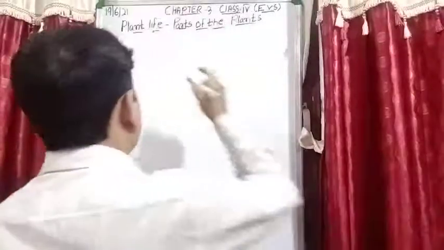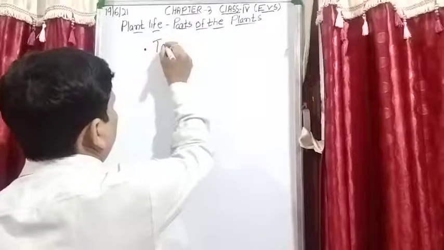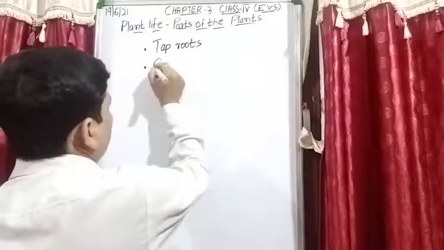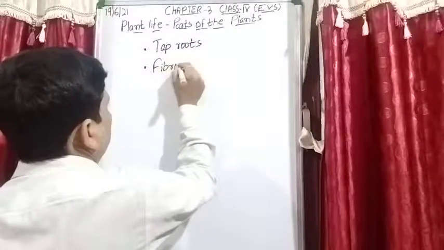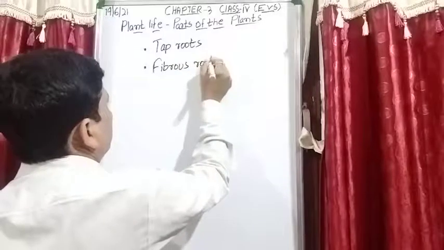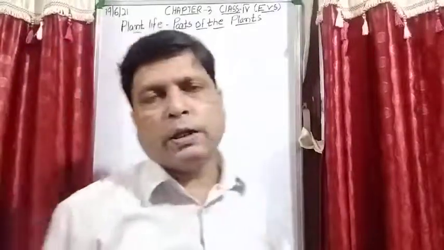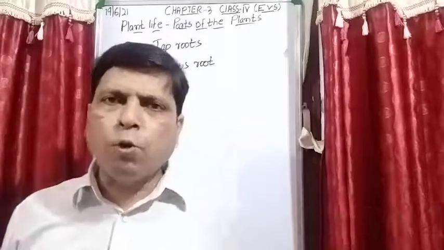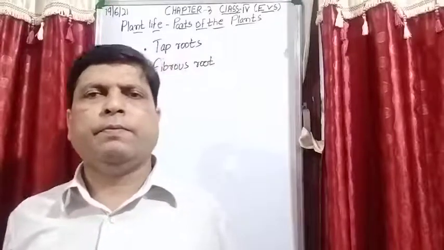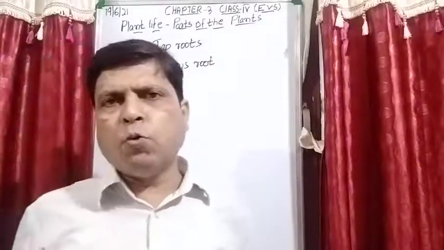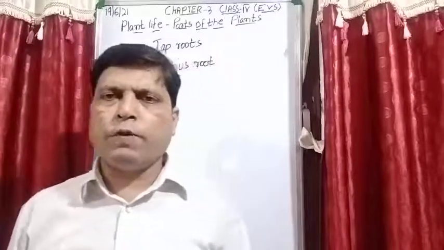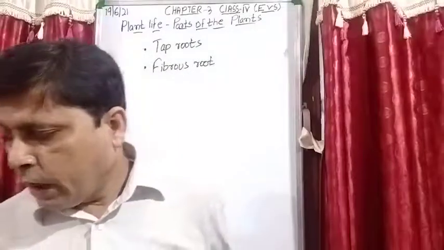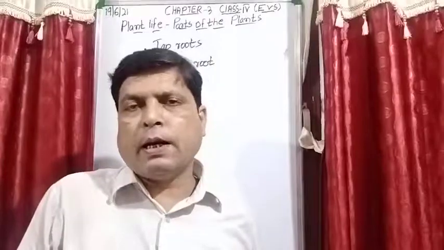Okay, then the next thing which I explained is the fibrous roots. First is the tap root, then fibrous root. In this, from the base of the stem many roots of equal size spread in all directions. Is it clear? In the fibrous root, from the base of the stem many roots of the same size spread in all the directions. These types of roots are found in wheat and rice.